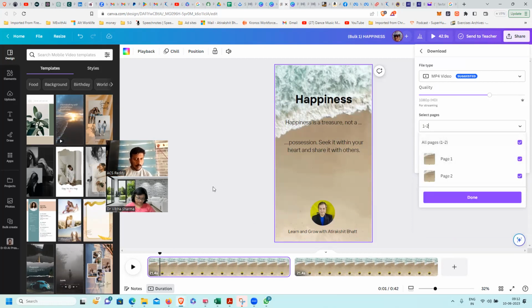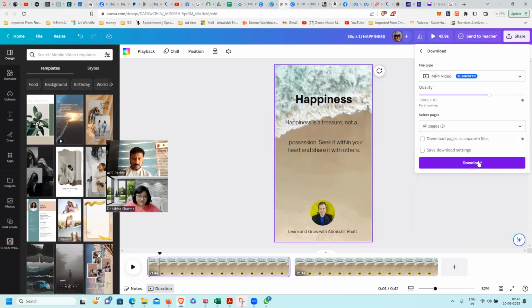See, Vibha ma'am, the reason I was not splitting it is when you are downloading, it considers each split as a separate video. So if you split it into 3 parts, it will take it as 3 different videos rather than 1 video. You do this, you say done. Download as separate files. Download.